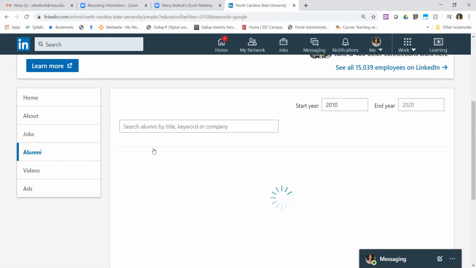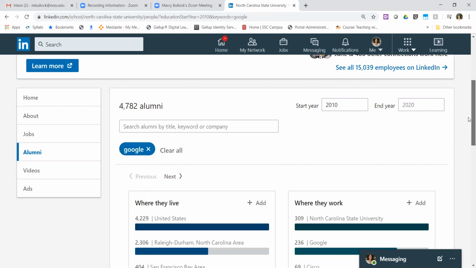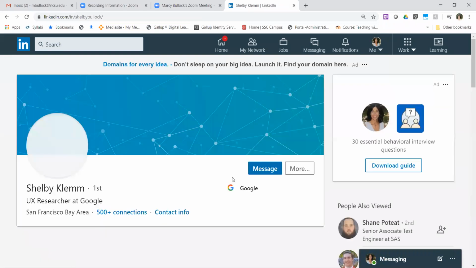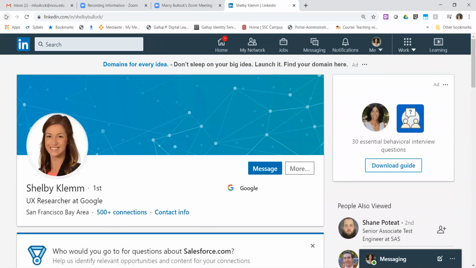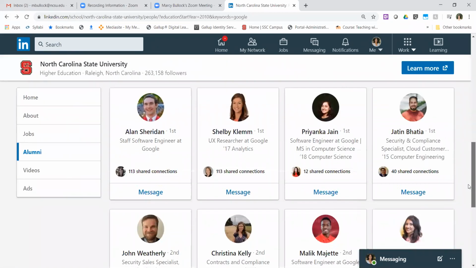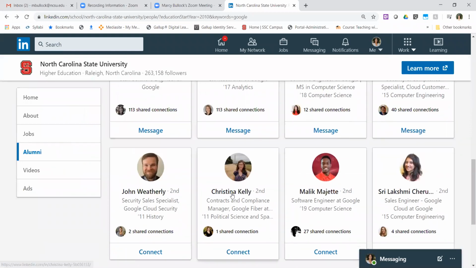Forgot to take off the last one. So when I do that search now, I actually see my own daughter listed on here. And that is someone that I am first level connected to. But again, if I wanted to go down and dig into someone that doesn't say first,